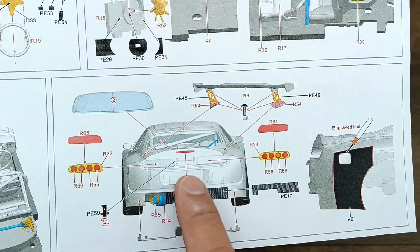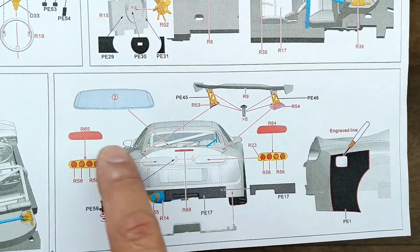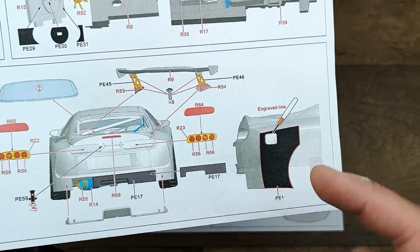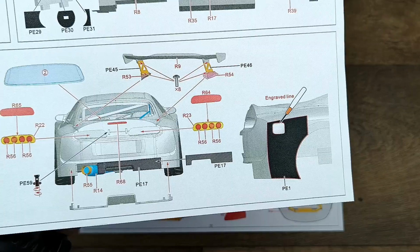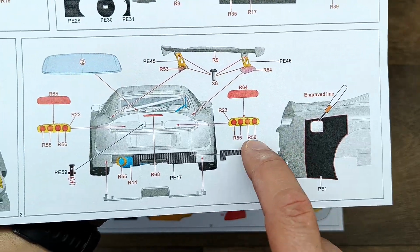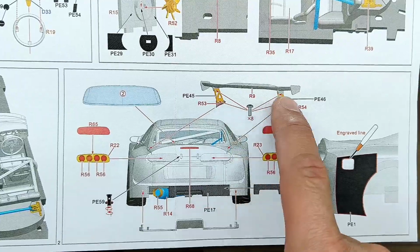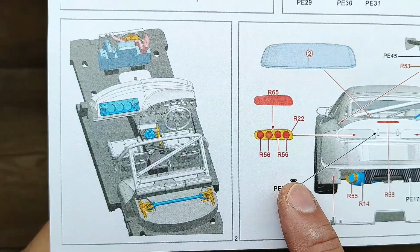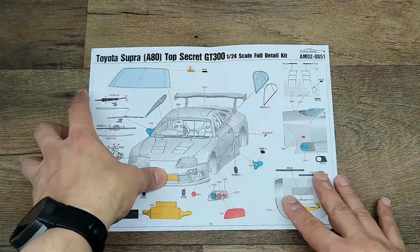Next step is the Supra from the rear. We can see every piece, okay, what needs to be attached, photo etch. This is what I've mentioned earlier, to scribe your own fuel hatch. Right there, photo etch, more rear spoiler. Here is an explanation of the rivets where they need to be attached. This is a picture showing us how it will look. We turn to the second page